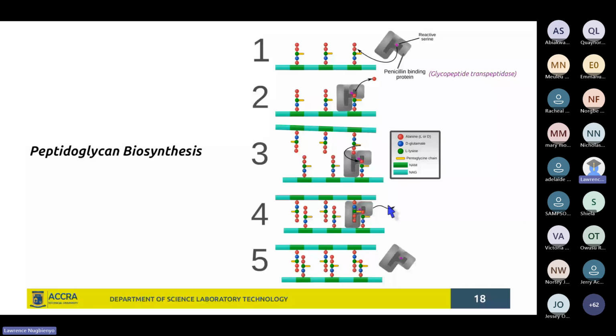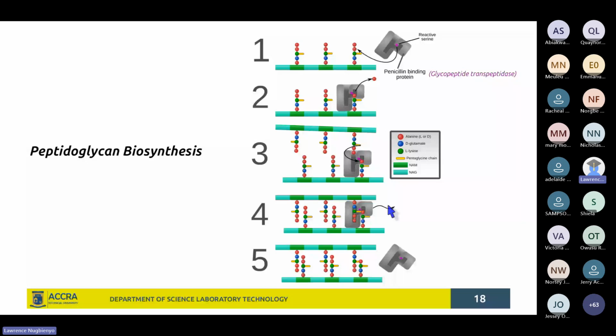How does penicillin affect the growth, or even result in the death of, these gram-positive bacteria? And to do that, we look at what we refer to as the synthesis of the